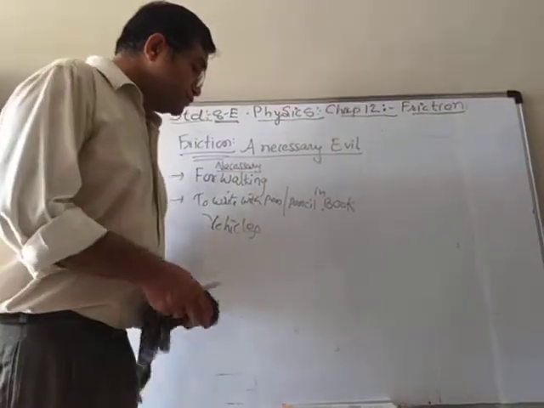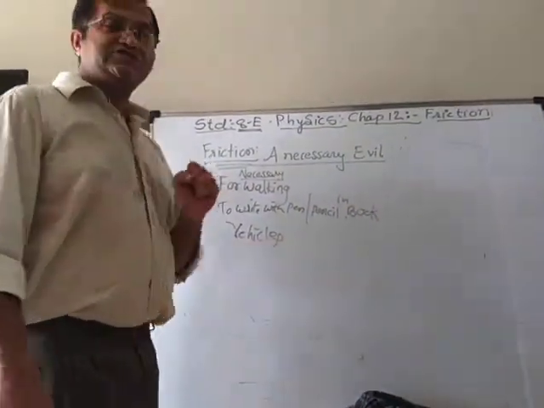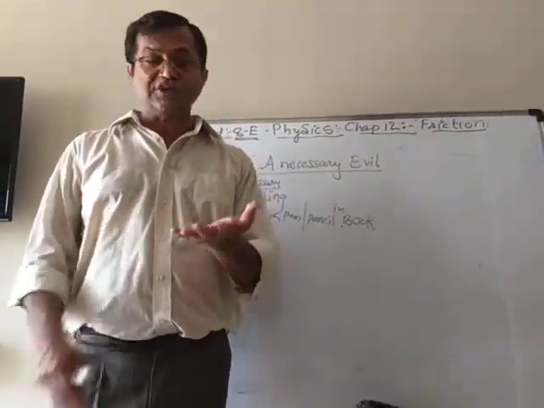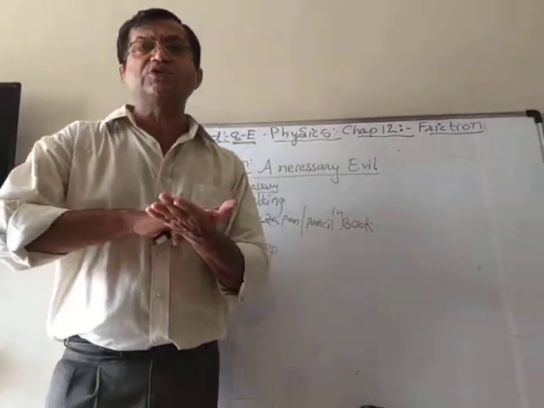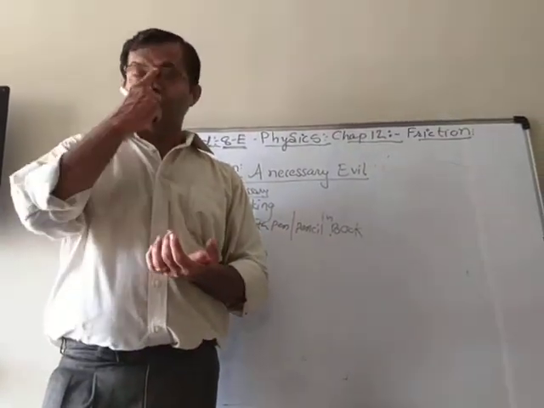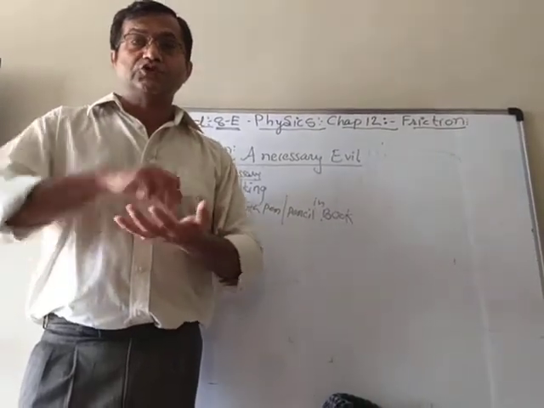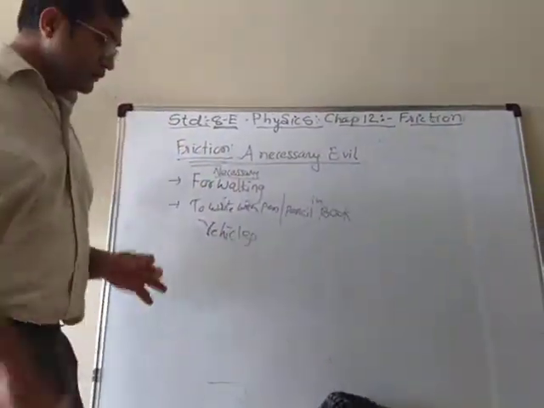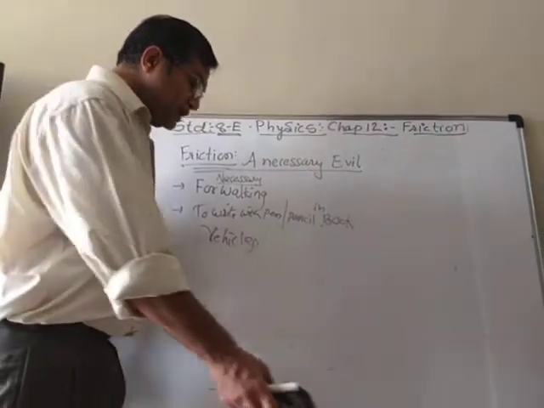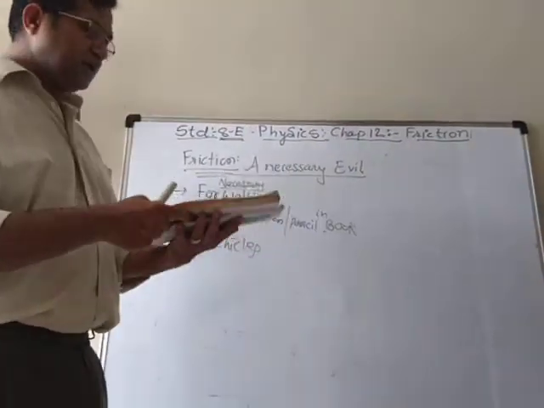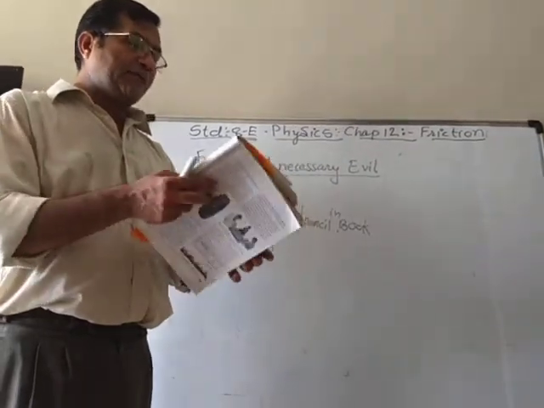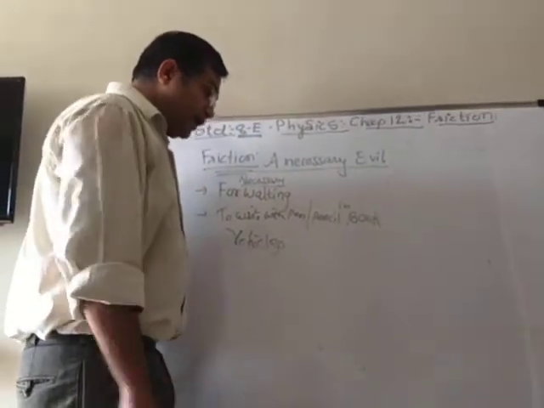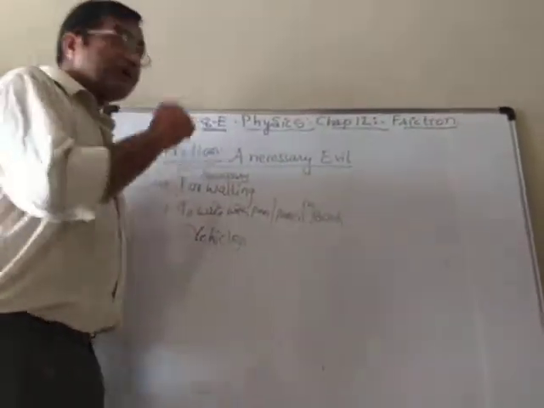Now, as I told you, when the surface is smooth, why does it not apply more force? Because when the surface is smooth and we apply force, what happens? It does not get time to overlap those irregularities. Therefore, we have less force of friction. Now, as I told you, friction is necessary in some of the activities of our life. But now, there is one other thing also.